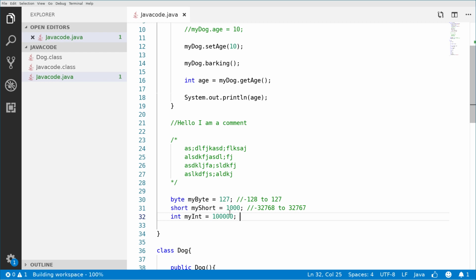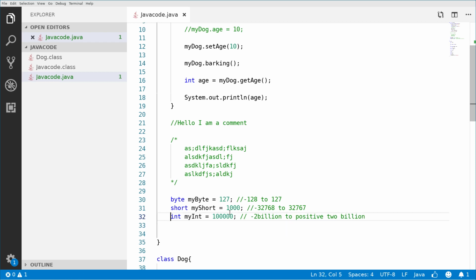And what these can store, they are really big values. For simplicity reasons, it will start with negative 2 billion to positive 2 billion, right? And those are pretty big numbers.